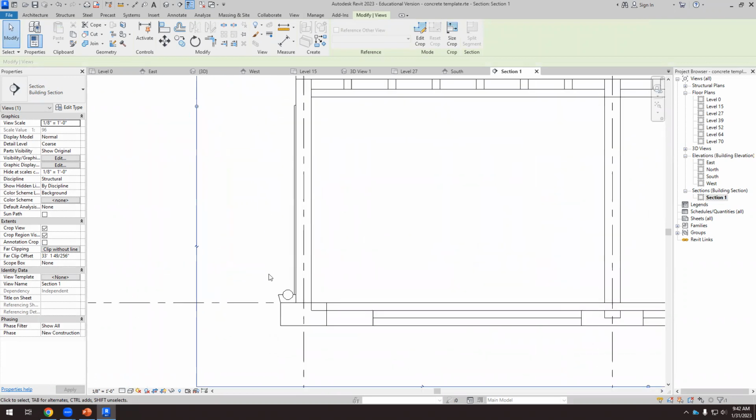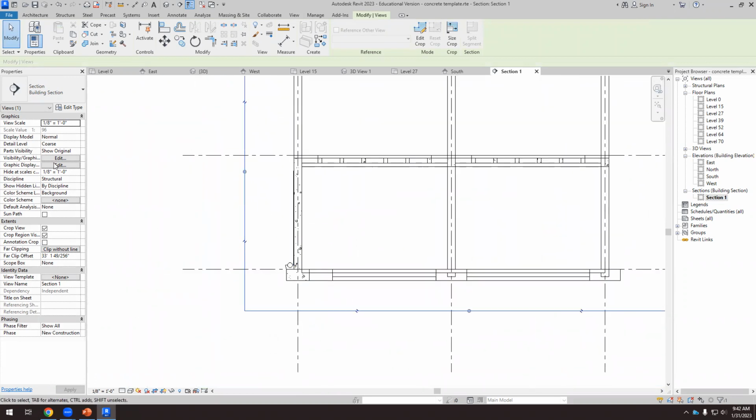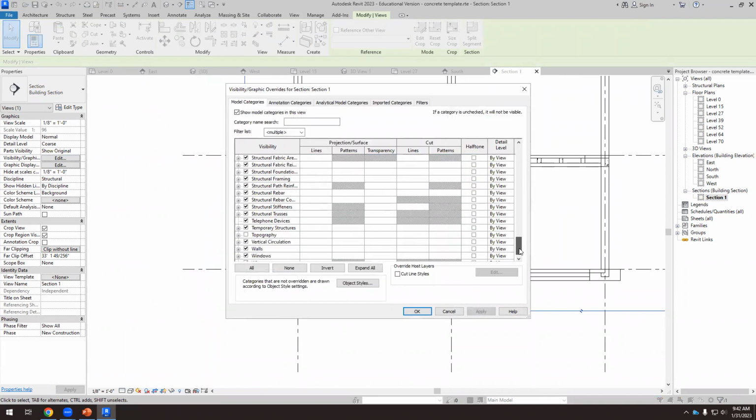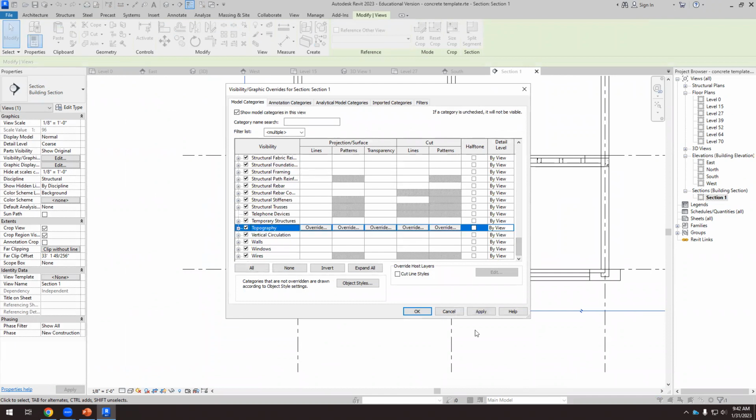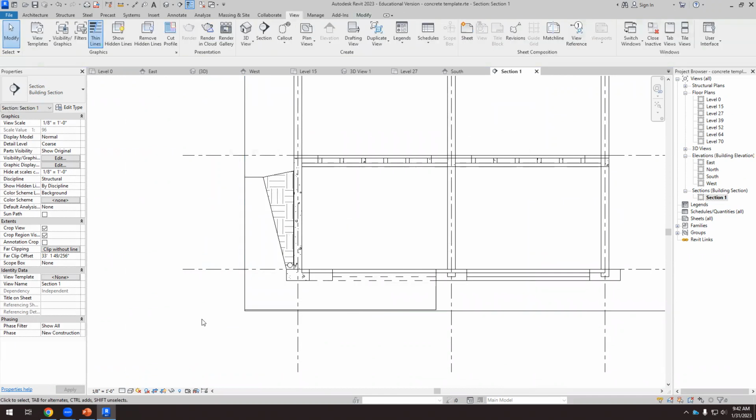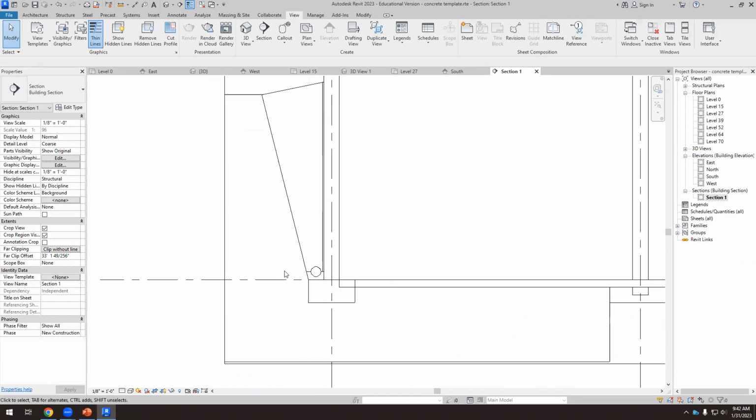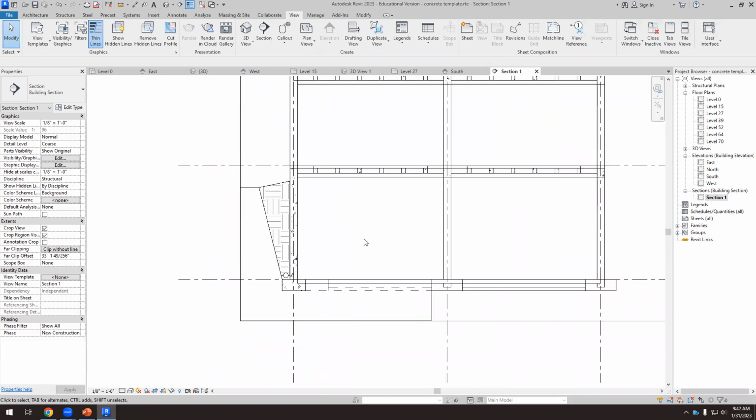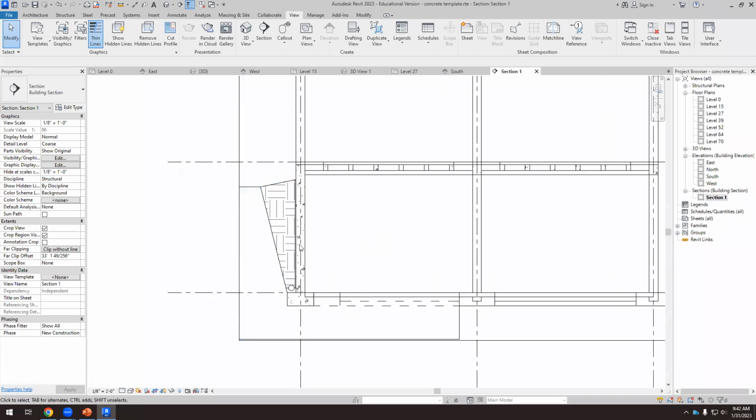Probably we can see the topography because in visibility graphics, topography is not activated. So when I take a section, I see all these elements. That's the good thing of doing this as a 3D object or a 3D